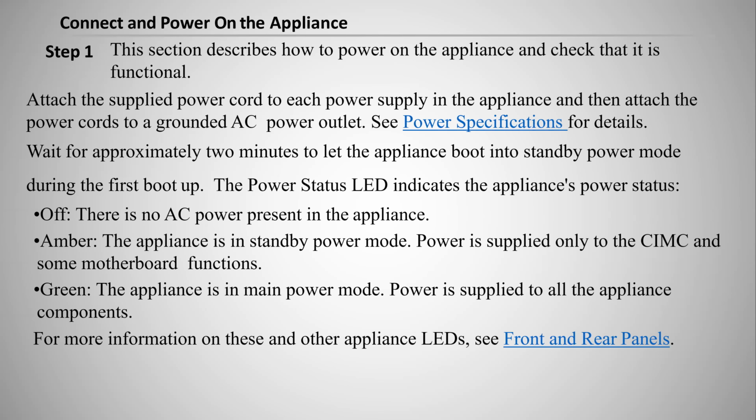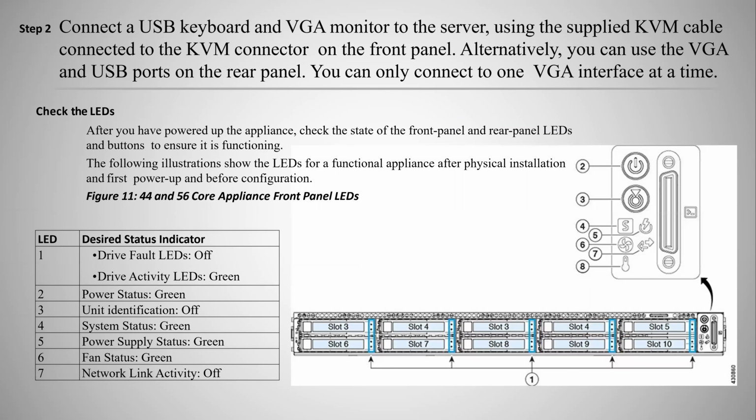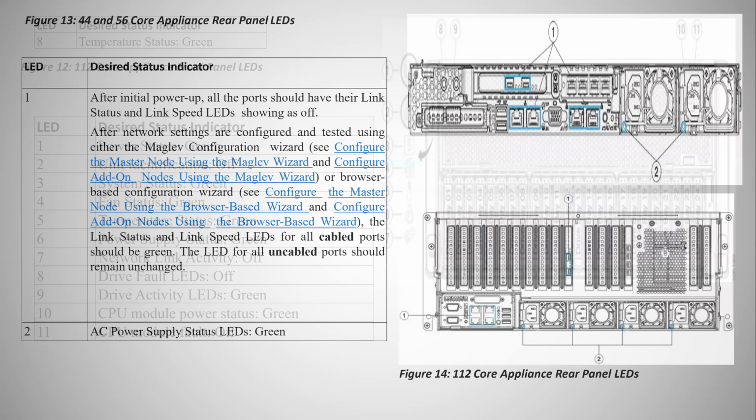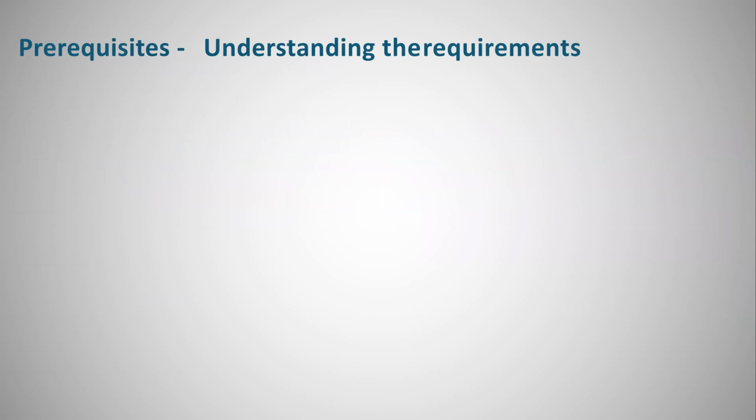Now we have a few slides related to install. Once you unbox and power on the DNA, all the status lights you can see, and I have added all the different DNA appliances like 44 core, 56 core, and 112 core. Once you power on,